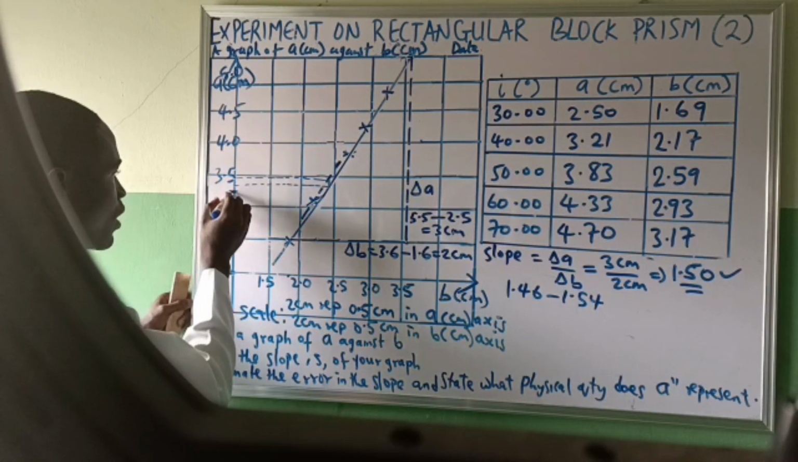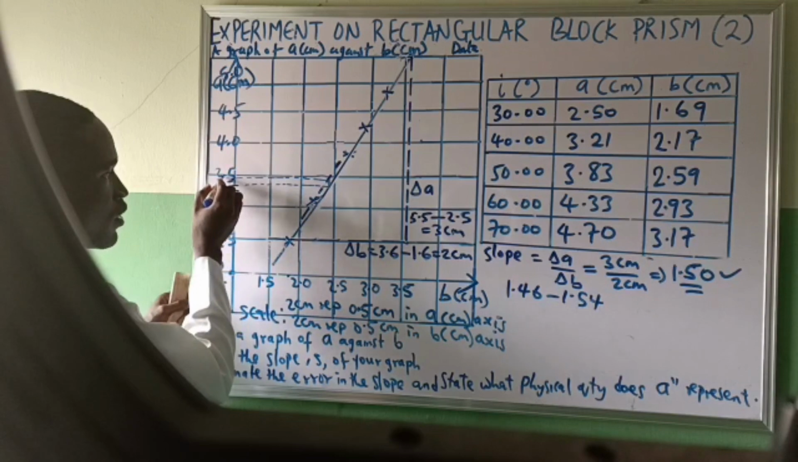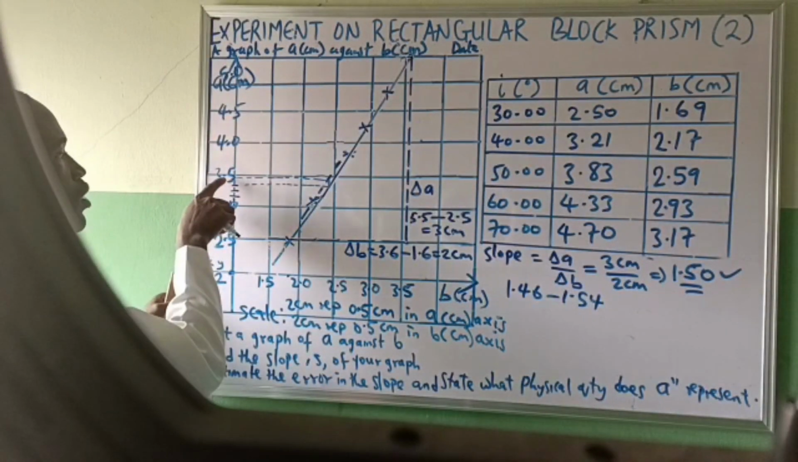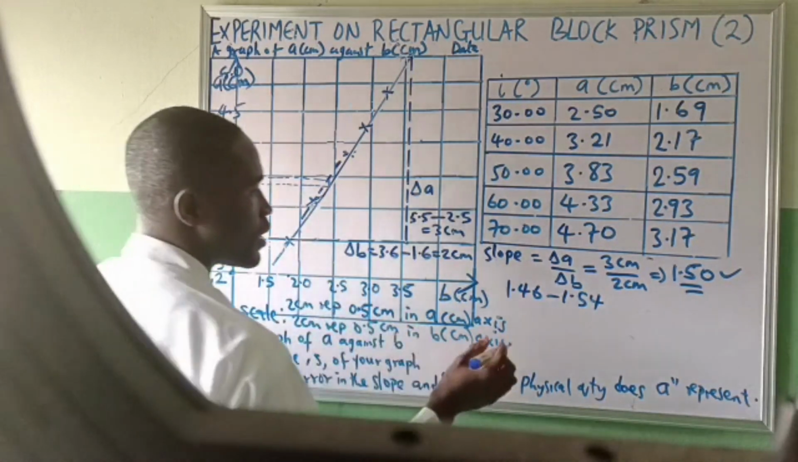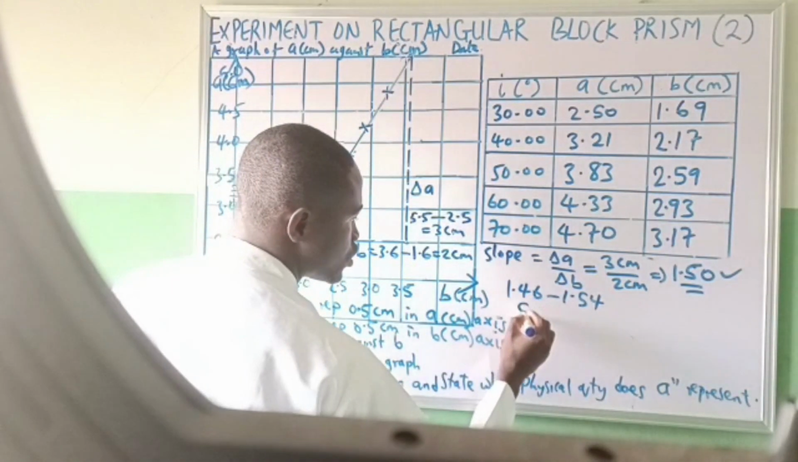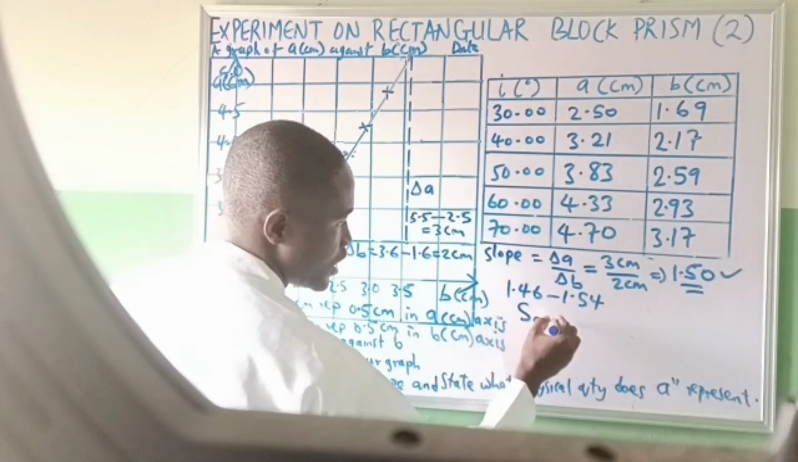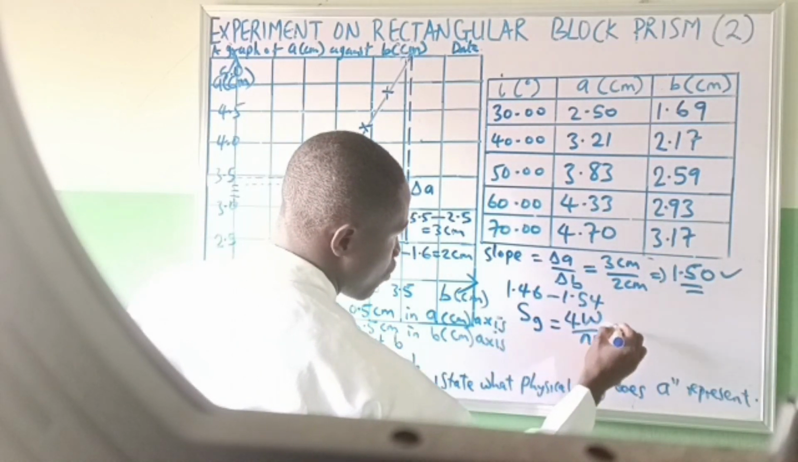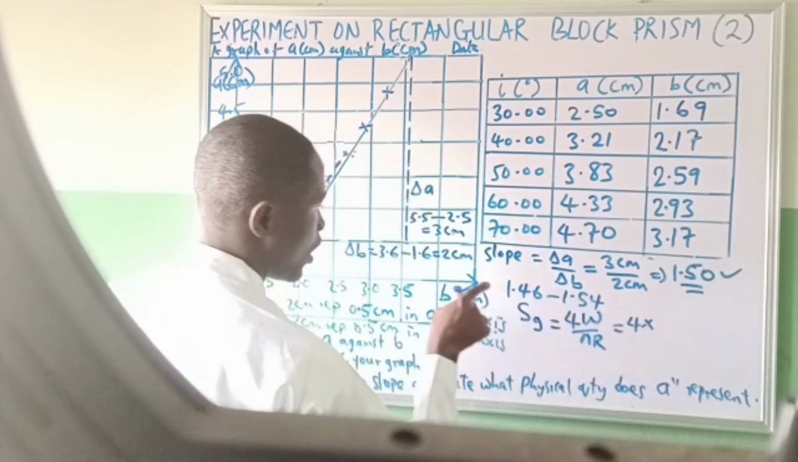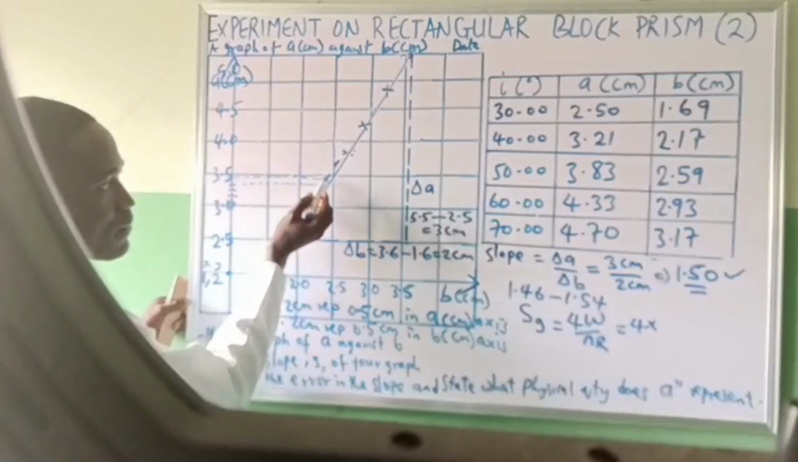3, 3.1, 3.2, 3.3, 3.4, then 3.5. So I can take here to be 3.4, take here to be 3.3. Now, error in the slope, Δs, equals 4W over NR, where W is your vertical scatter, which you get from putting your ruler